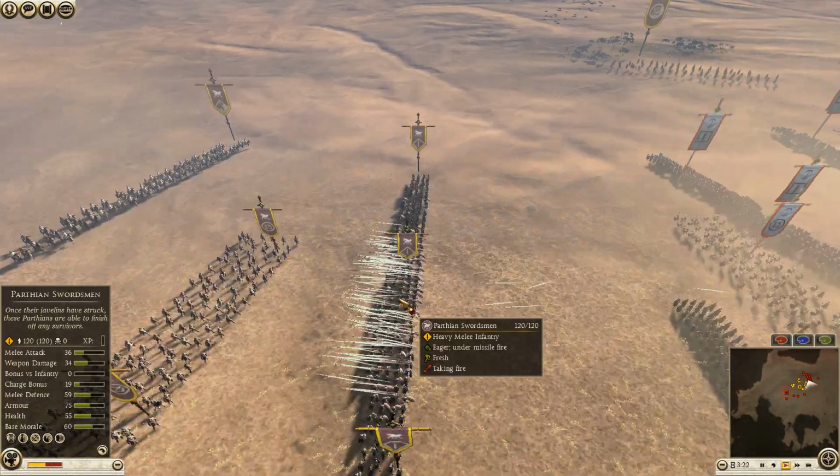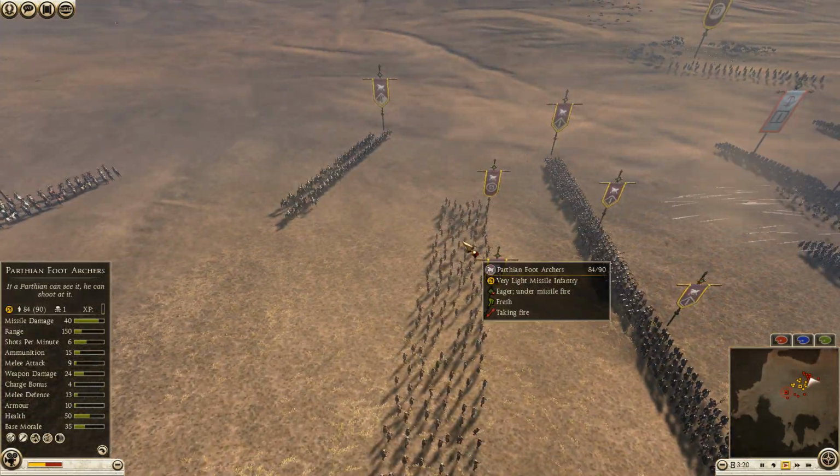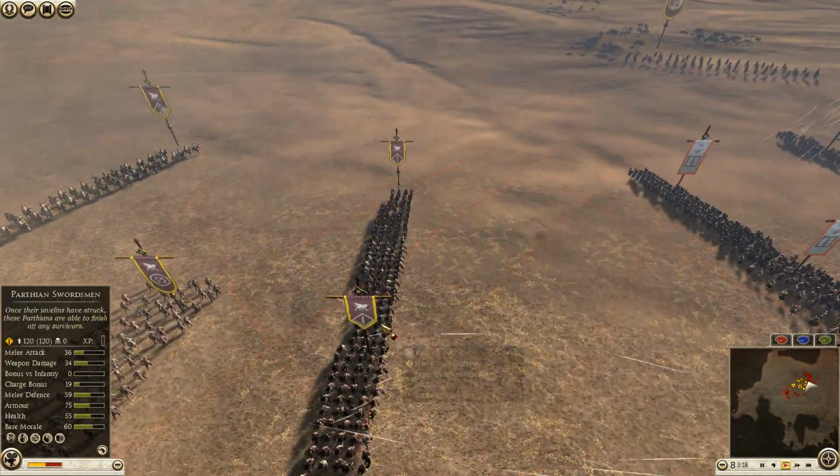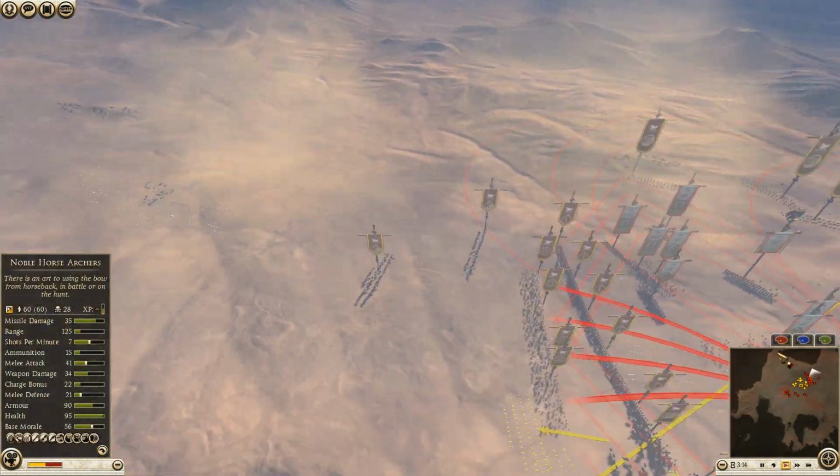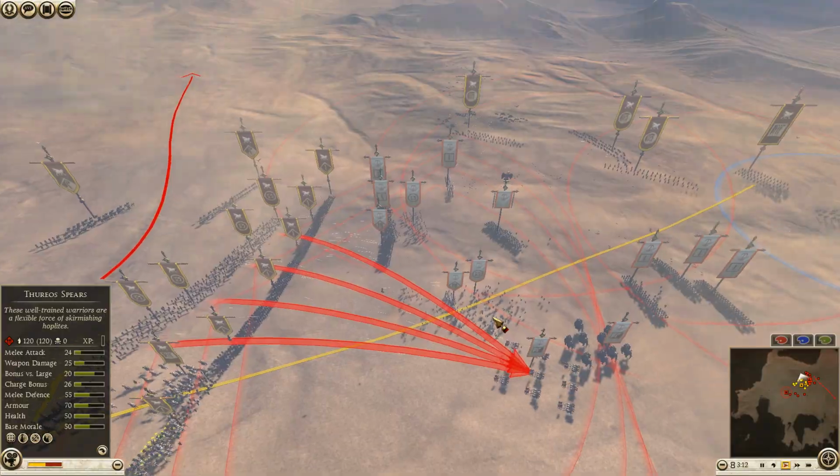Ooh, does Iraklis want to engage? I'm not sure about this. I think this is not the best idea. He needs to keep kiting back as long as he can. Should have kited this direction, because